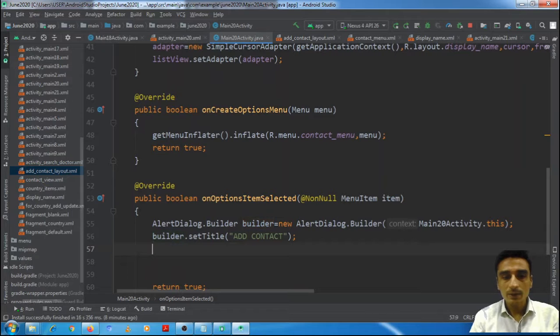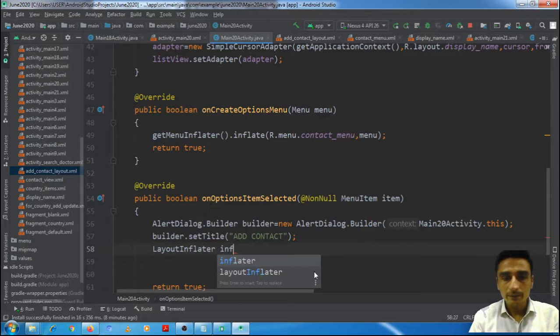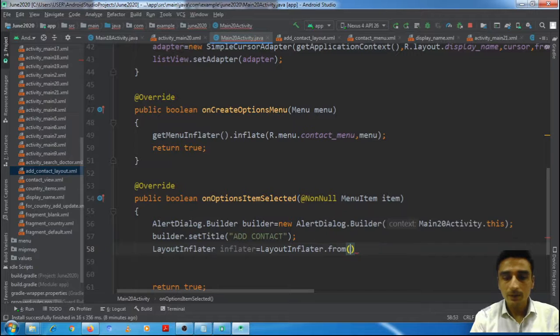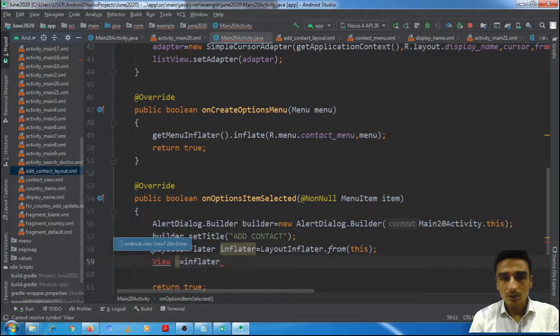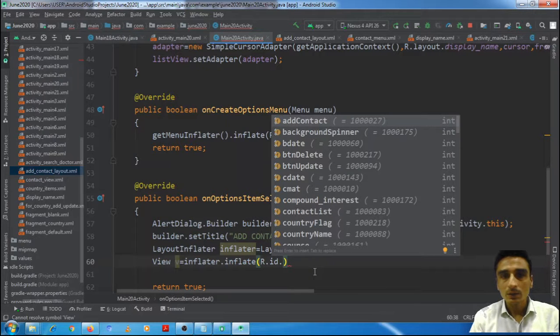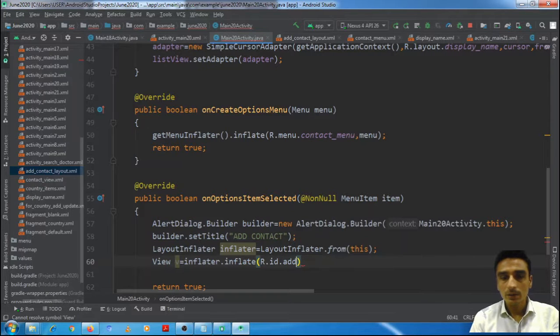So for that we need a layout inflater. Layout inflater is equal to layout inflater dot from this. Then view v is equal to inflater dot inflate r dot id dot add contact layout.